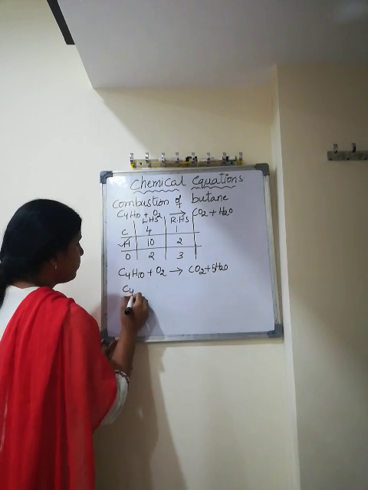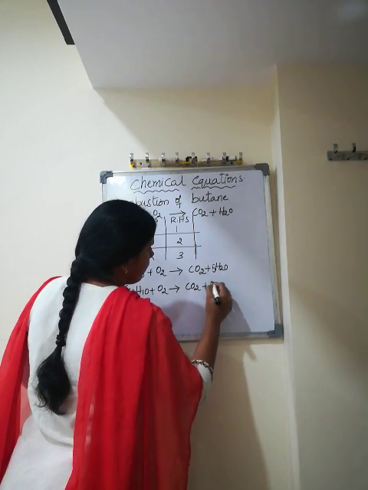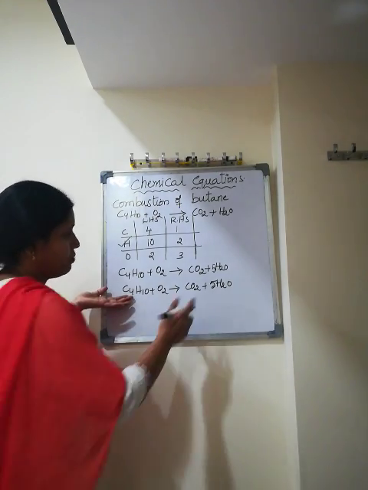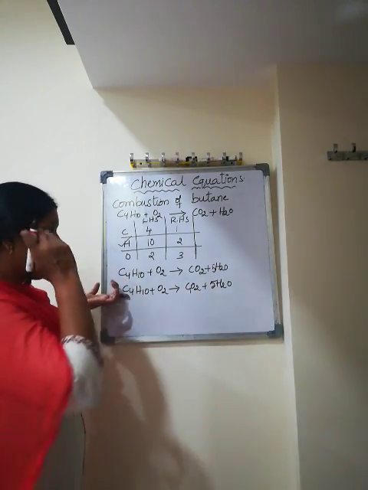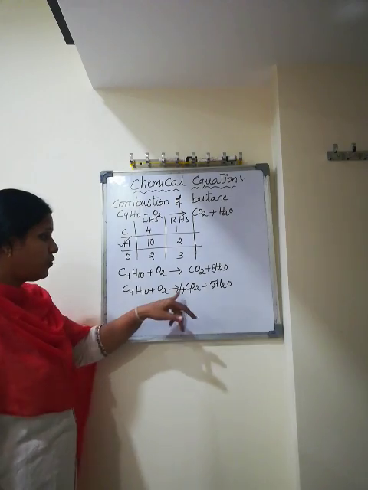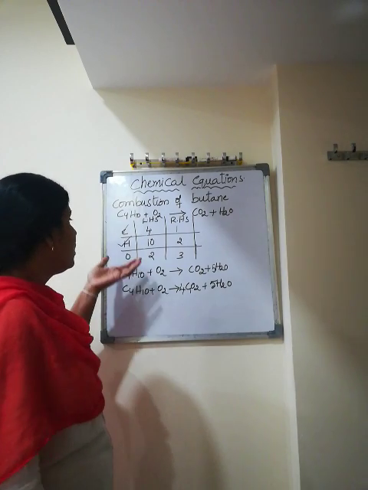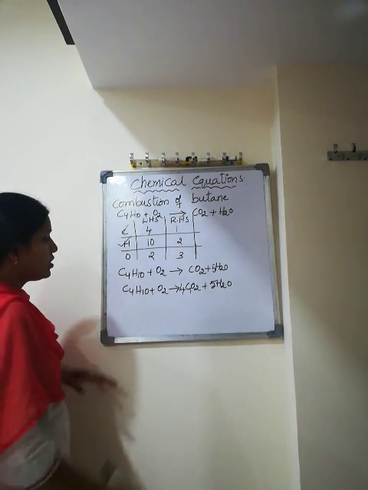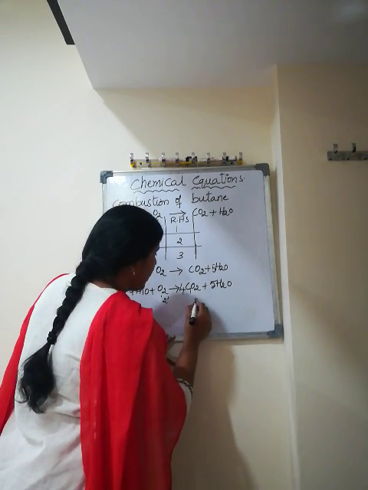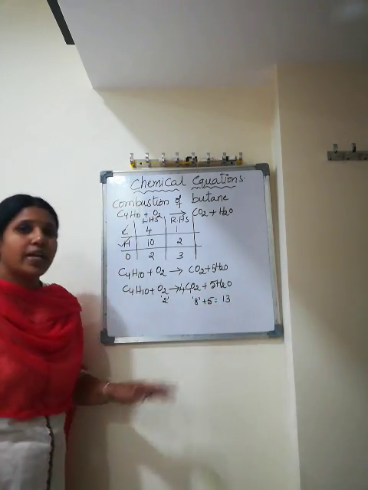Now take the same equation, C4H10 plus O2 gives rise to CO2 plus 5H2O. Here if you observe, carbon atoms are 4, but here only 1 carbon atom is there. So to balance that, you have to keep 4 here. Then 4 1s are 4. Carbon atoms are balanced now. Now you have to balance oxygen atoms. On the reactant side 2 oxygen atoms are there. Coming to the product side, 4 2s are 8 plus 5 1s are 5, totally 13 oxygen atoms.